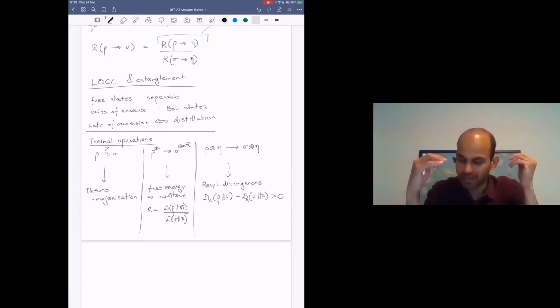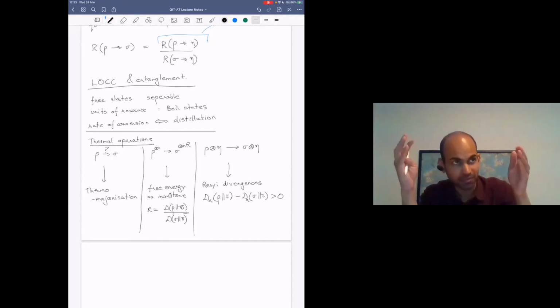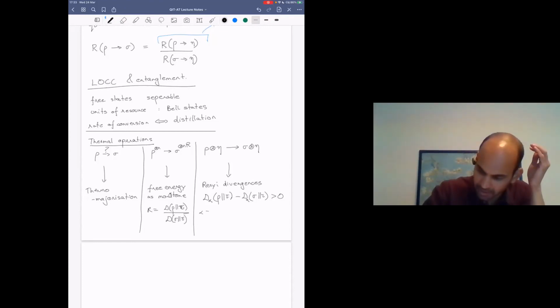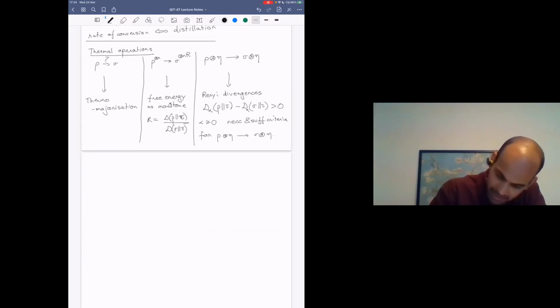It's the maximum eigenvalue. And what you get is, under the assumption of catalysis, where the catalyst is returned perfectly, you get that the entire family of Renyi divergences for alpha greater or equal to 0 becomes necessary and sufficient criteria for rho tensor eta going to sigma tensor eta. So this is now another example. And then finally, if you have rho tensor eta goes to sigma tensor eta prime, where this is epsilon close